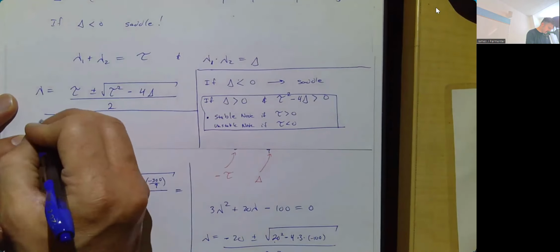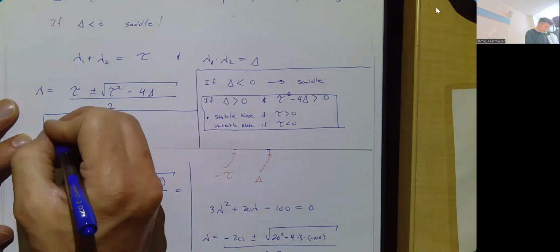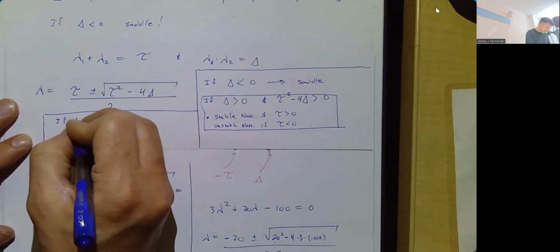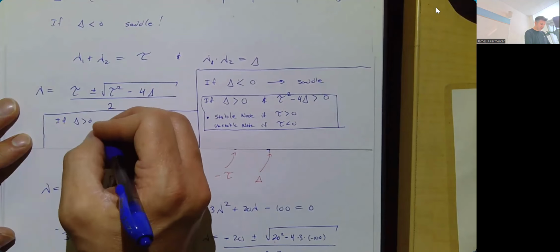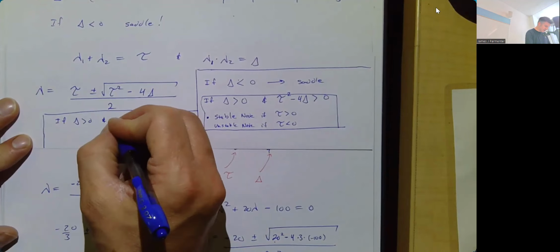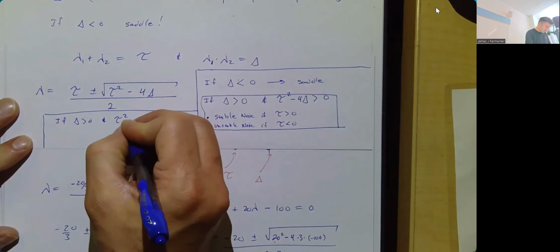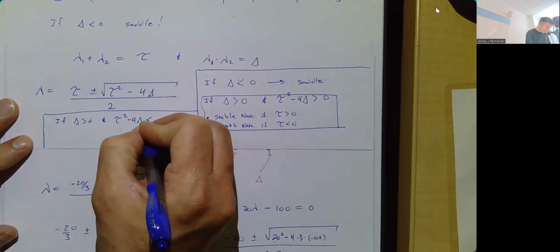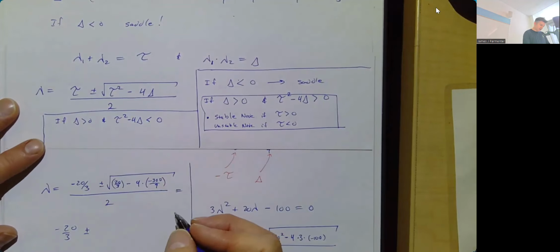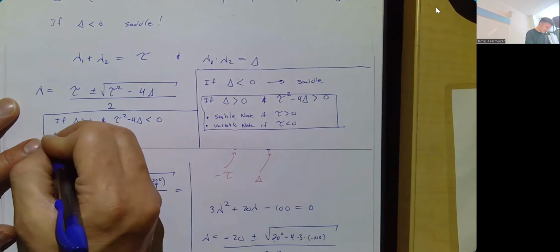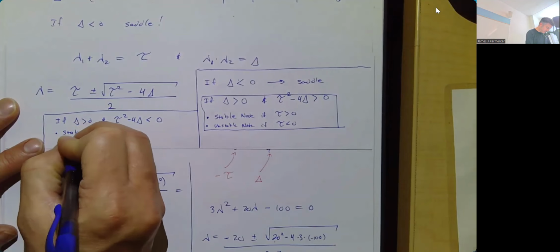It's terrible. On the other hand, if your determinant is positive, but your eigenvalues are complex, so tau squared minus 4 delta is negative, then you have a stable spiral